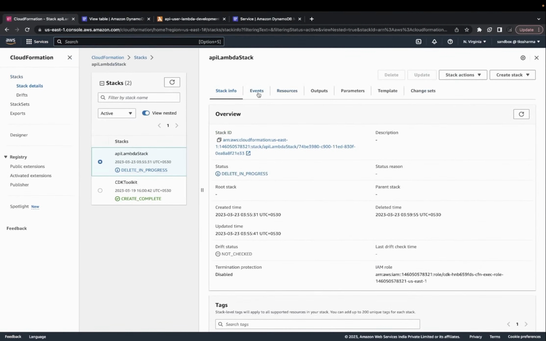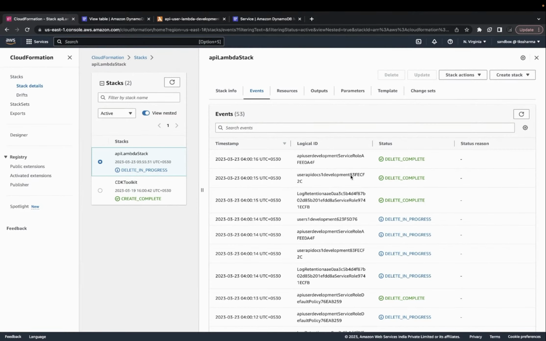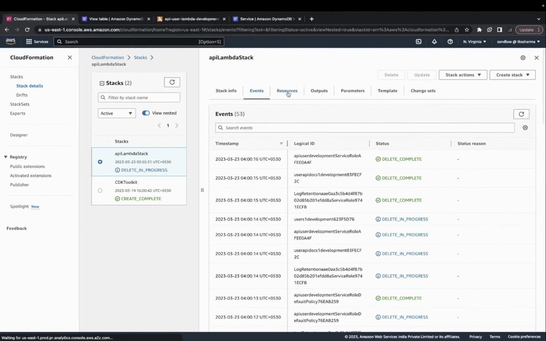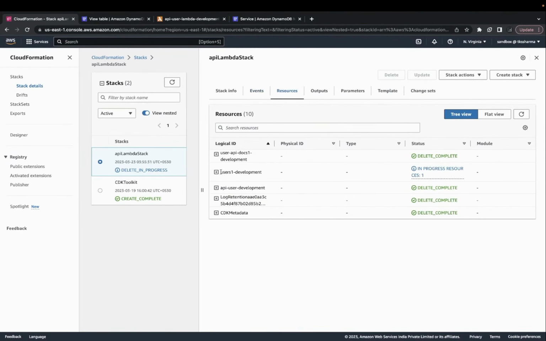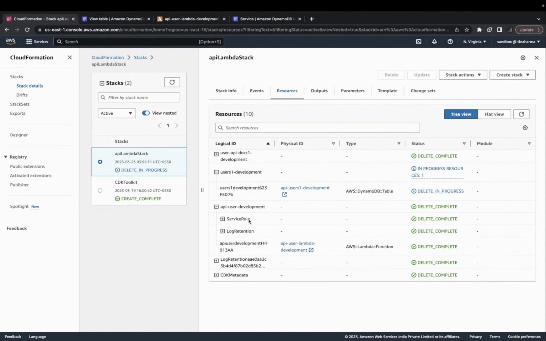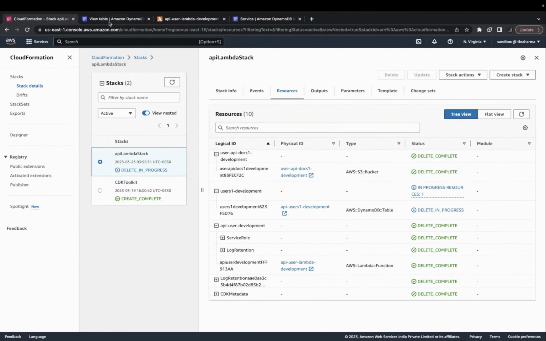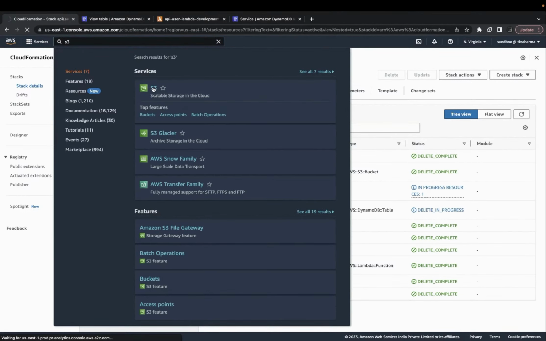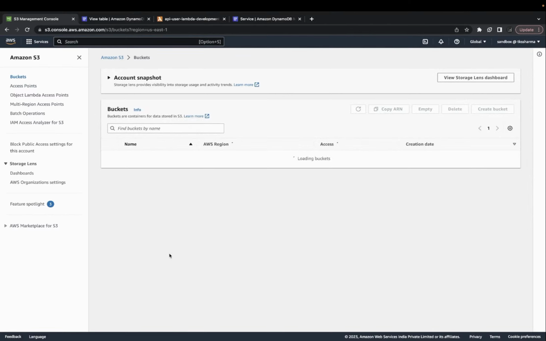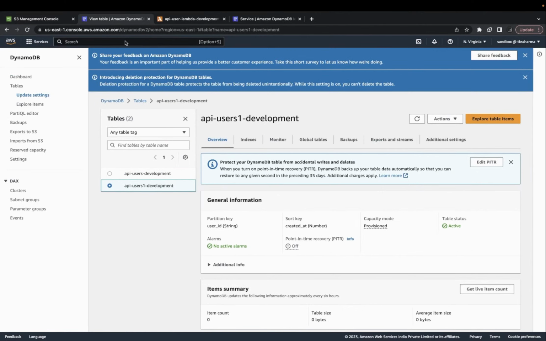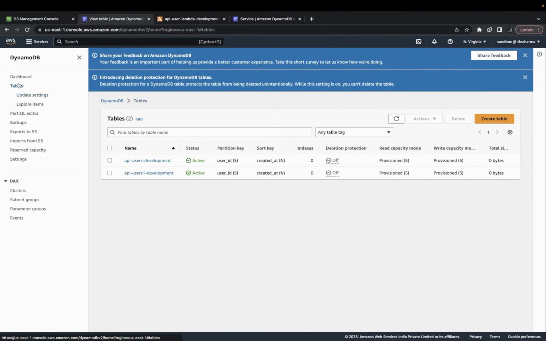So delete is in progress, and in the events you can see it is deleting the resources also, so that's good. So it's deleting this S3 bucket. Delete complete. The only thing left is the Dynamo table. The delete is complete. So now if I go and check the S3 bucket, I should not see that S3 bucket now. You can see that bucket is gone. User 1 docs app development. The Dynamo table